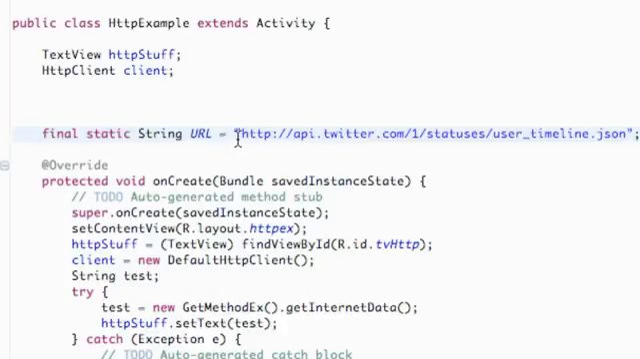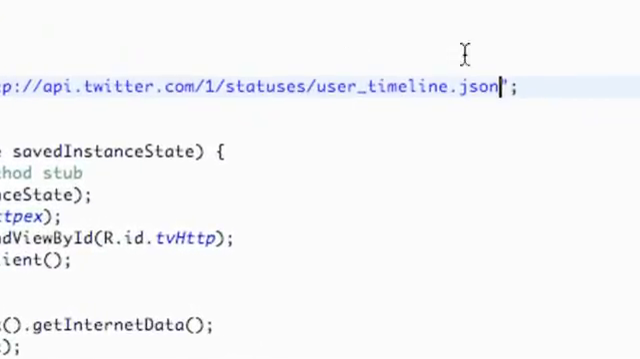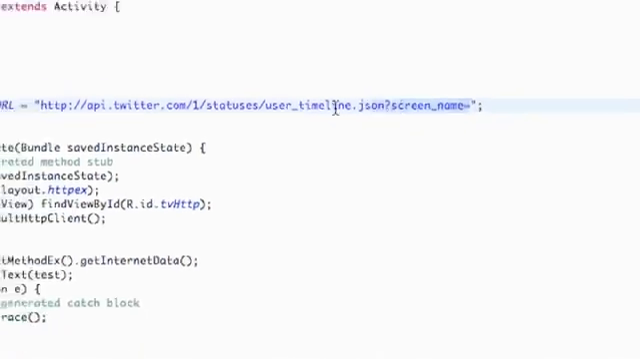The first thing that we're going to do is add to this URL, because before I just wanted to show you guys it was a JSON type URL. What we're going to add to it is a question mark, screen underscore name equals, and for example what we're going to do is just copy this